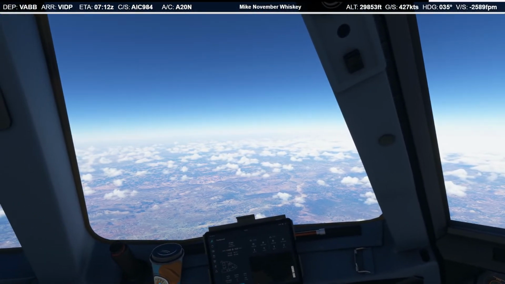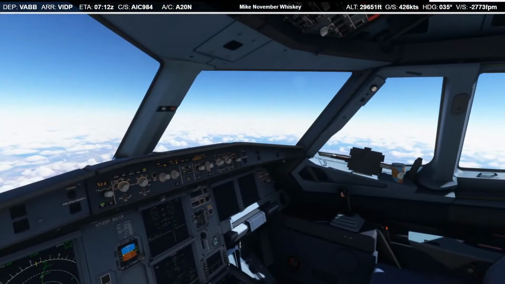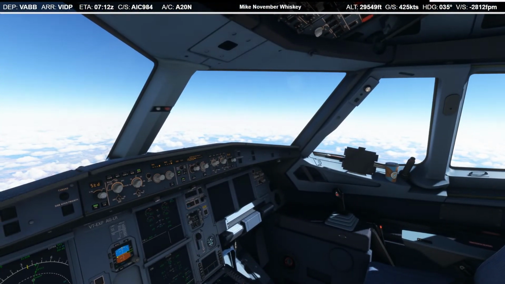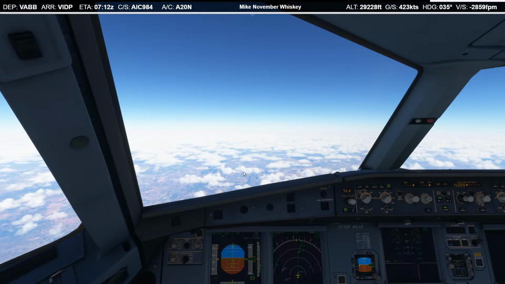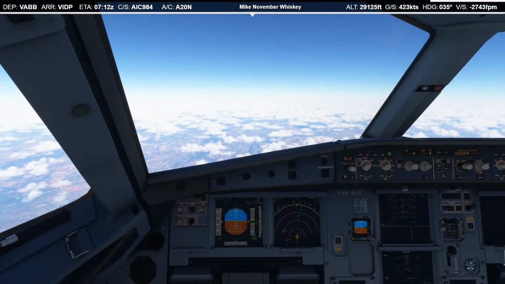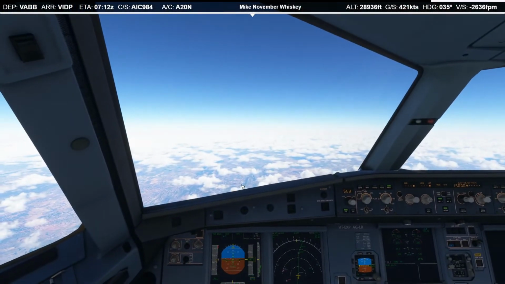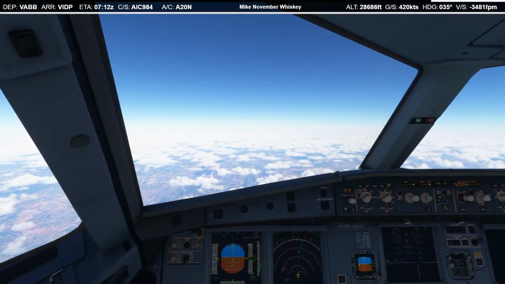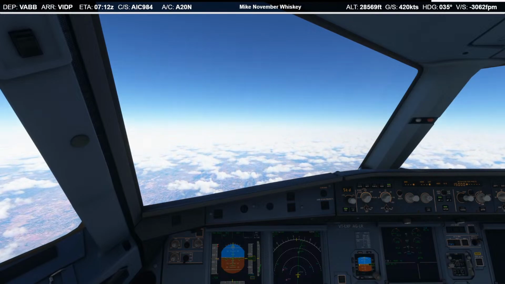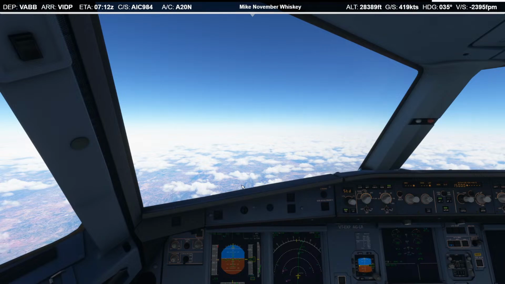Definitely more mountainous here in the north of India. And I think we're getting some bumps. I'm gonna get that seatbelt sign on early. Yeah. Oh yeah, there it is. Oh, look at that. Definitely some turbulence, just as the flight plan predicted.